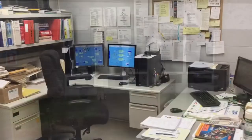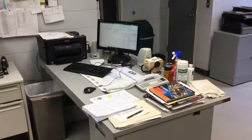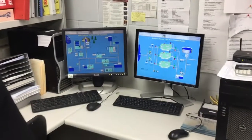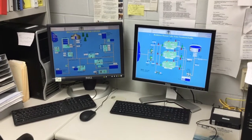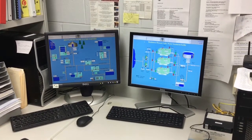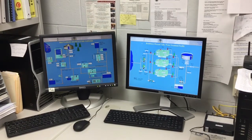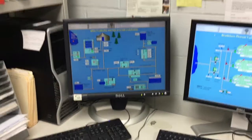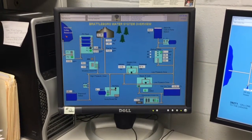So let's head inside. This is the office area here at Pleasant Valley. As you can tell, it's only equipped for a handful of people at any given time. It's normally a small crew here, and given the current situation, it's an even smaller crew. But this is called our SCADA system. This is what we use to monitor all the functions and output of the plant itself, which is this screen, and then we have the water system in general all around Brattleboro on this screen, and that tells us our